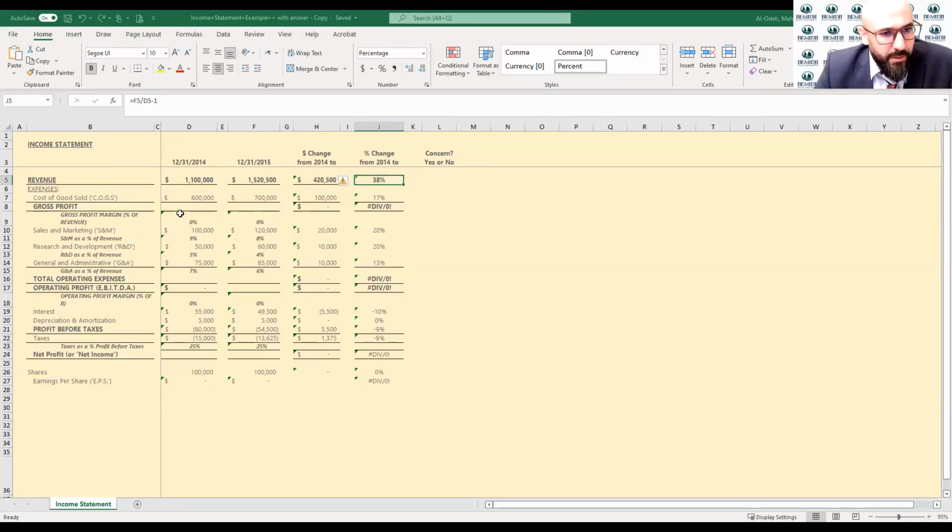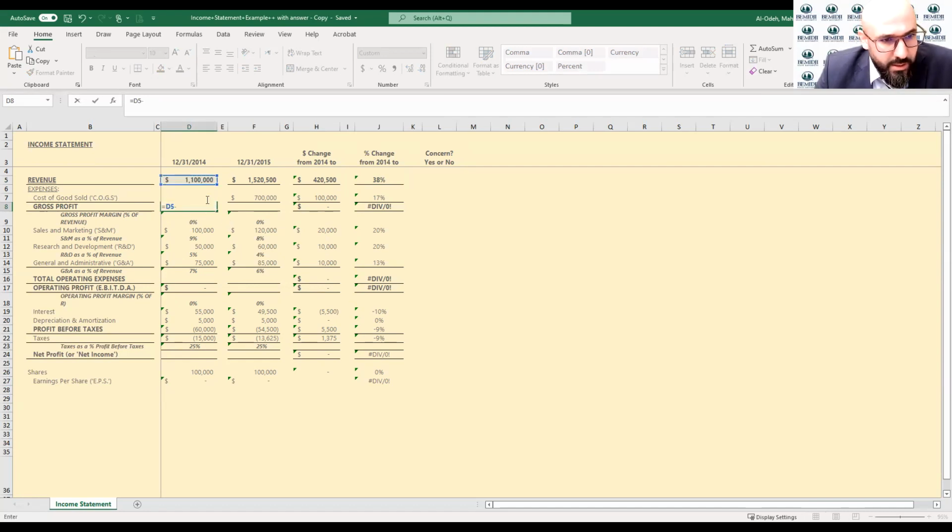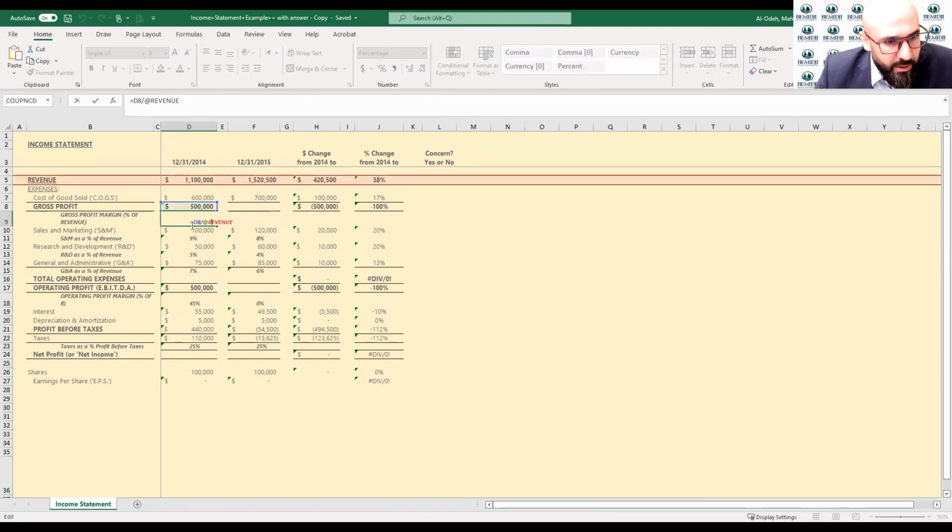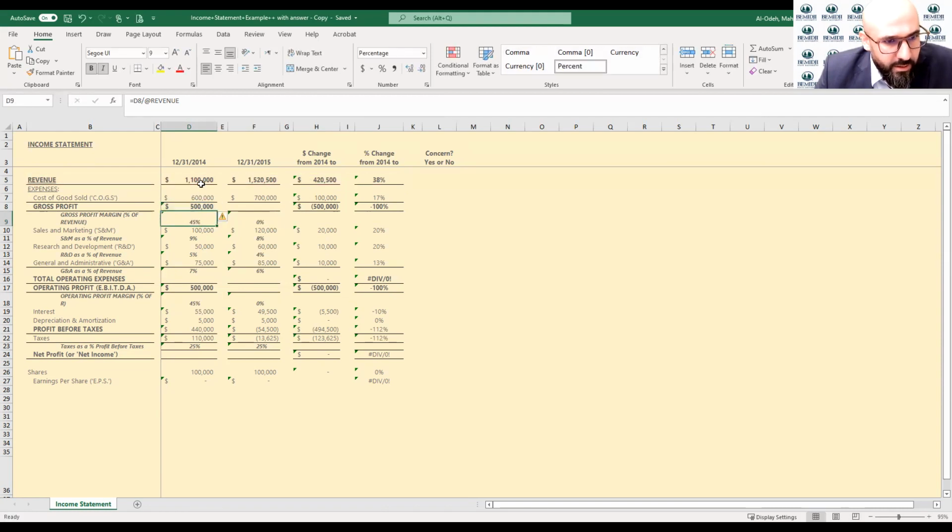Here's an example showing the income statement for a company. So the gross profit would be subtracting the 1,010 minus D7, which is that cell D7. That will give you 500. If you look into the percentage, that would be dividing the 500 over the 1.1 million. That will give you